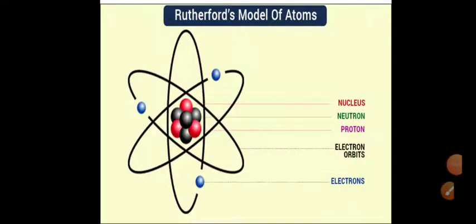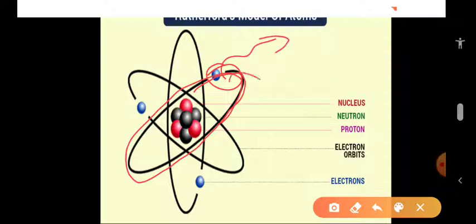Yes, so what is the drawback? What Rutherford told is, this electron would undergo acceleration. Someone will push this electron, or the electron will get accelerated by itself, and when it gets accelerated, it will move faster in this orbit, and while getting accelerated, it will radiate some energy outside. So if it radiates the energy, it will lose its energy. If it loses its energy, ultimately the electron will fall into the nucleus.